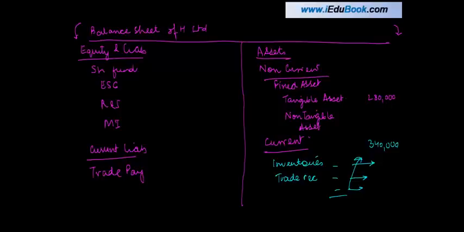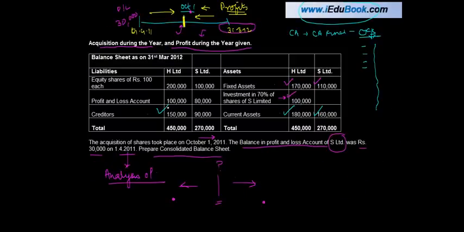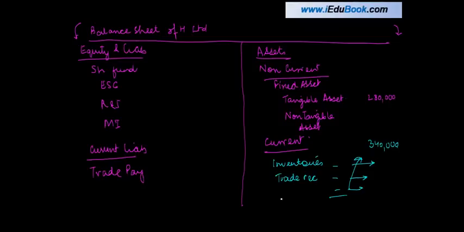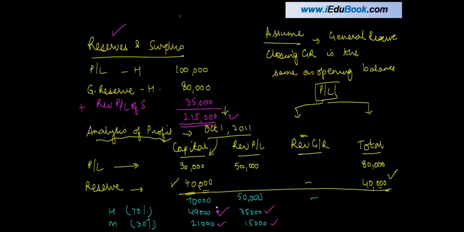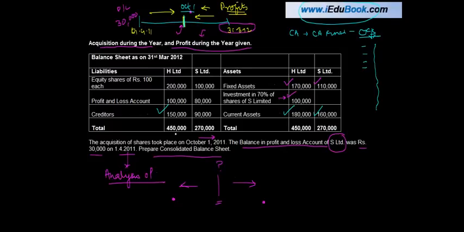Now moving on, what are the next things that I have? Creditors, 150 plus 90 gives me 240, 2,40,000 trade payables. Again, I am repeating, these additions and all have to be shown as part of a separate schedule. I am not showing it because we are just dealing with a preliminary question. As we move on to the bigger one, we will see that as well. So these two are gone.